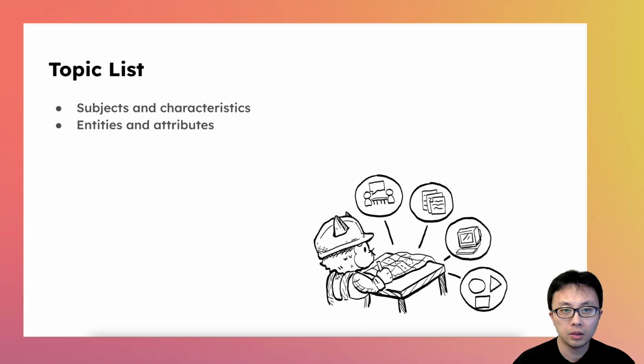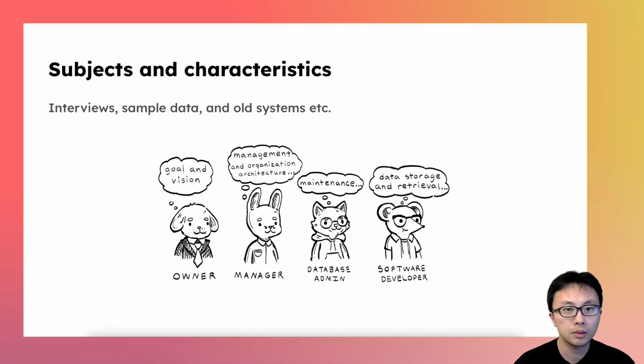In this video, I'll show you how to turn vague ideas into clean and structured database tables so that your design doesn't break later. We'll cover two topics, starting with subjects and characteristics, then to entities and attributes. Let's get started. The database design process starts with interviewing relevant people of the organization who's going to use the